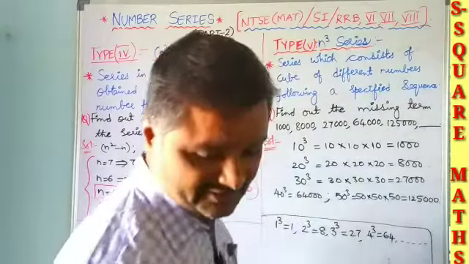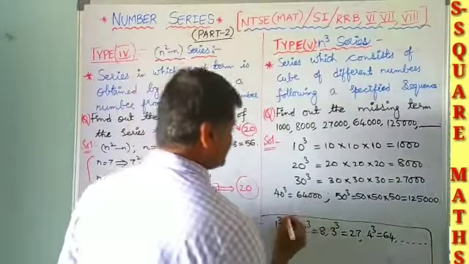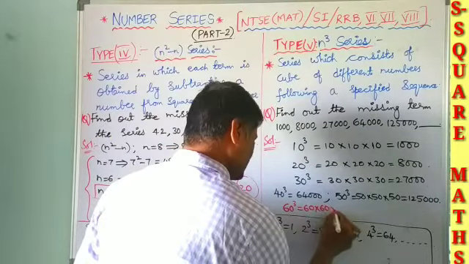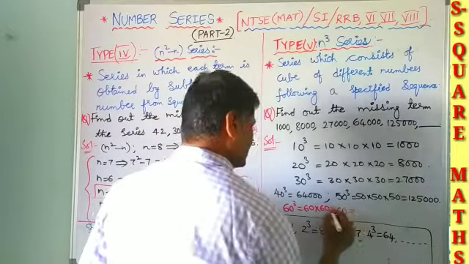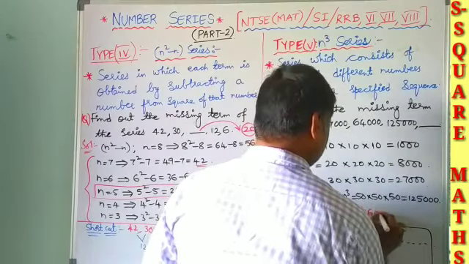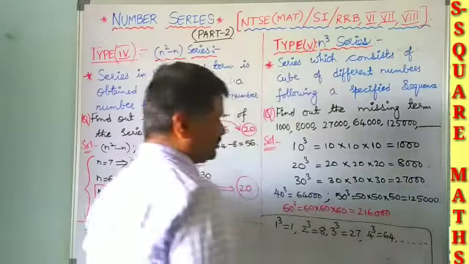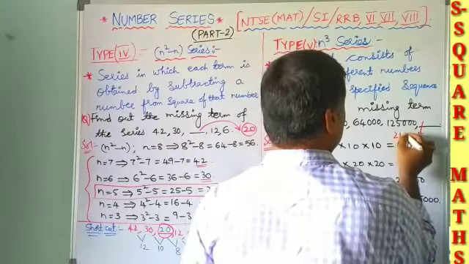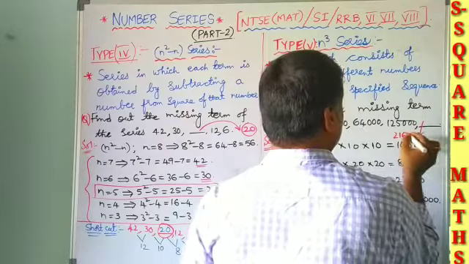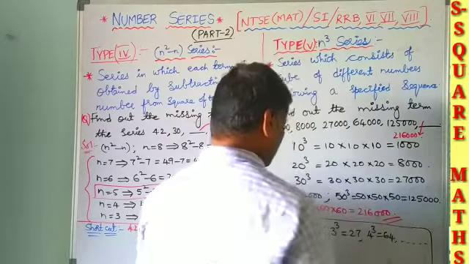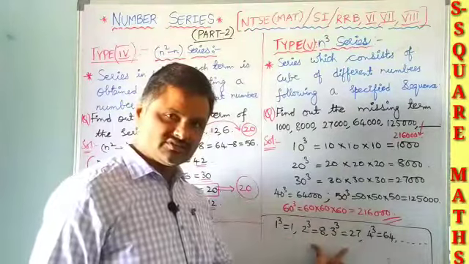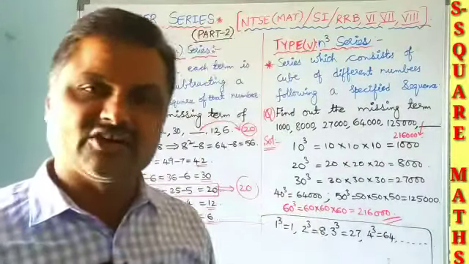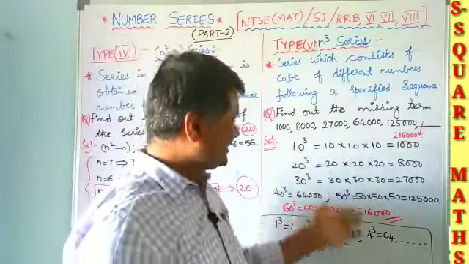Similarly, following this, what can you go through? Here 60 cube gives you 60 into 60 into 60, nothing but 216,000, that is 2,16,000. This is our missing term, 216,000. So if you have the basic knowledge of cubes, nothing but a number multiplied with itself 3 times, we get the cube of the number. So easily we can implement it.